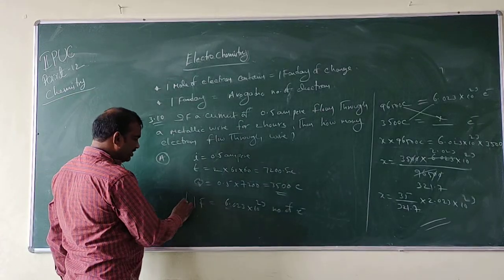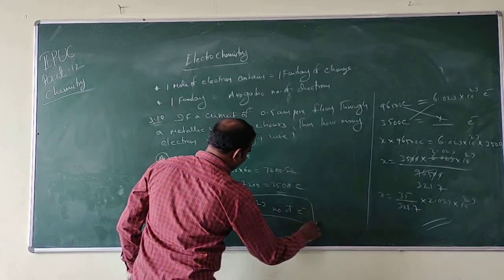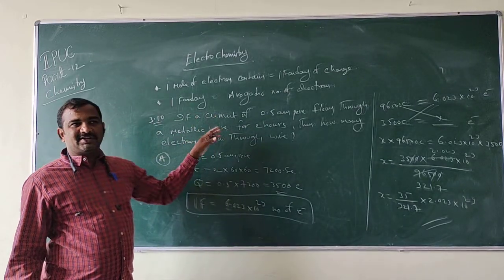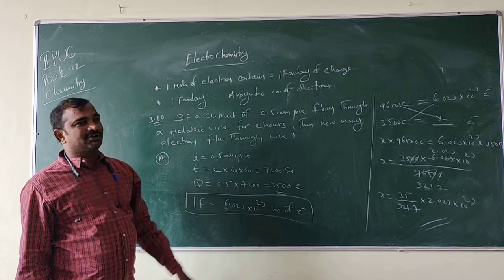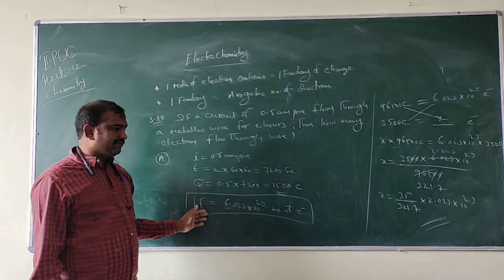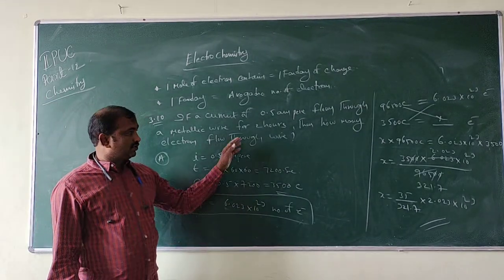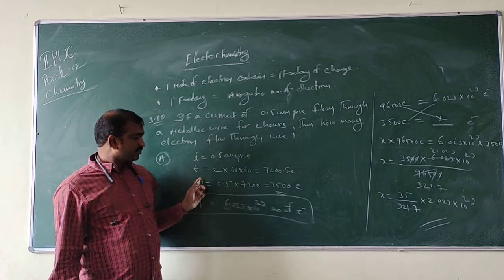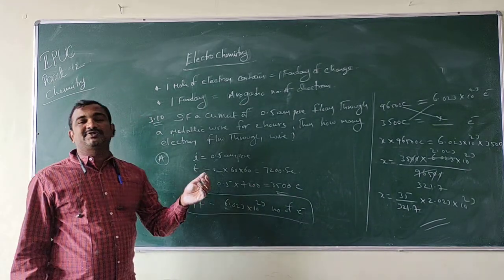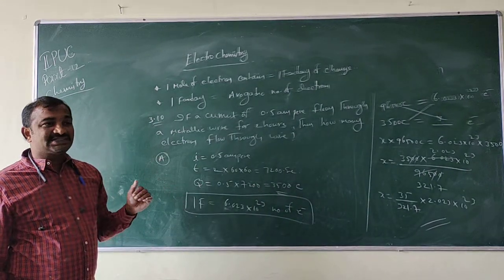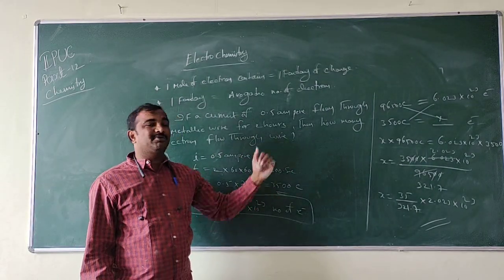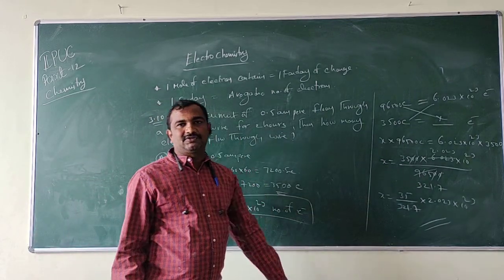So for 1 farad, how many number of electrons are required? And here some matter is given, like 0.5 ampere for 2 hours. For that, how many electrons will flow through the wire? Actually for 1 farad, this number of electrons will flow. Here 3,500 coulombs is given. 1 farad means what? 96,500 coulombs. 96,500 coulombs is this number of electrons. For 3,500 coulombs, how many electrons will flow? This number of electrons will flow like this.